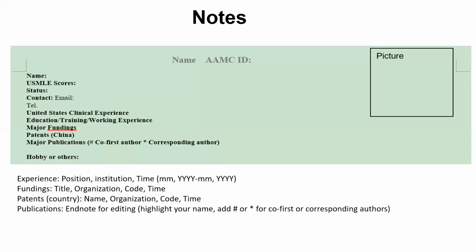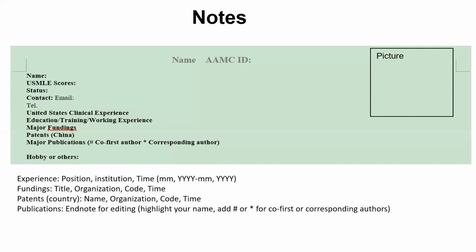For the funding part, you can mention your title, organization, the funding code, and when you got the funding. For the patent, you can mention the name of the patent, the organization, the code, and the time as well. And I put the publications